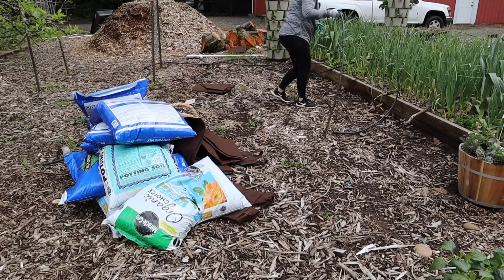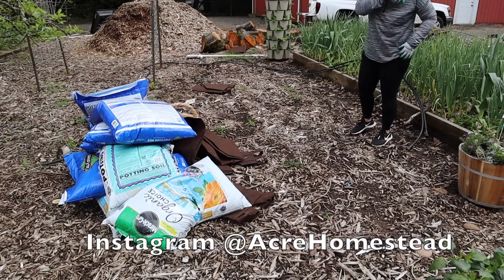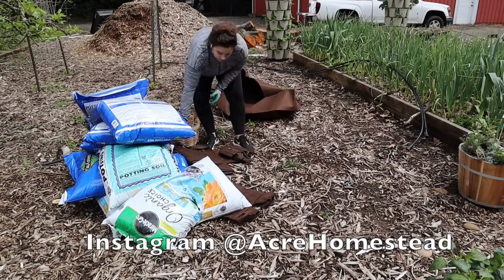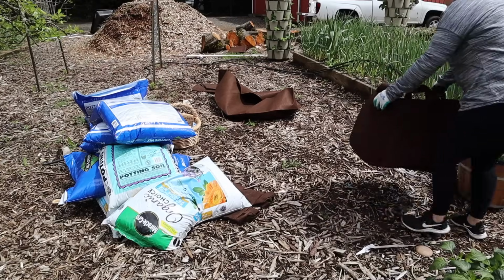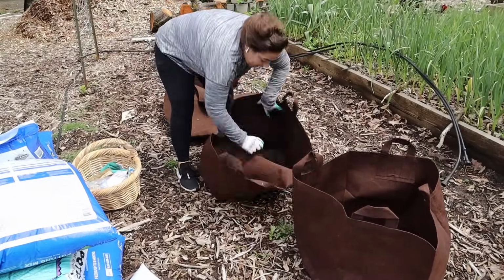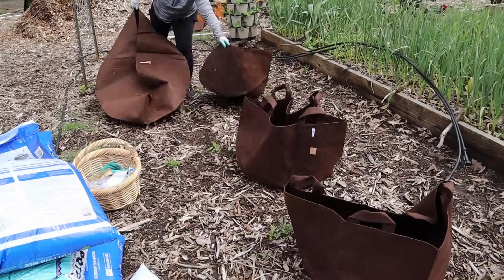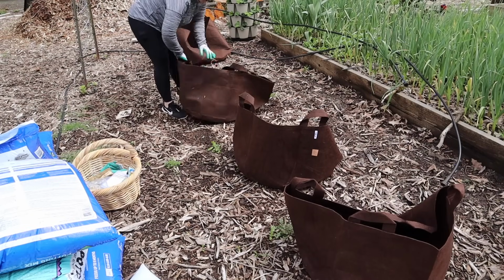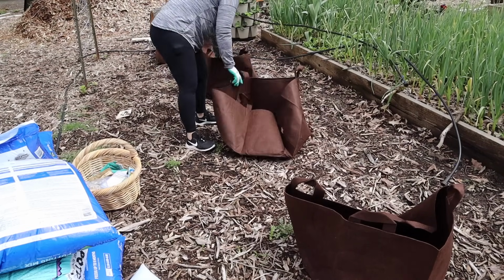I've decided to start our container garden right here because last year this was a tomato garden area and Josh put in some irrigation systems for me here. So I thought we could repurpose this irrigation because we're not putting the tomatoes here, and we could build our instant garden. That's what I'm calling this, the instant garden, because these root bags are so easy to create some